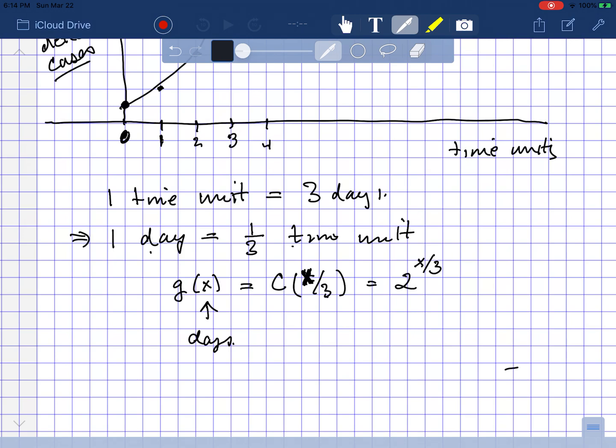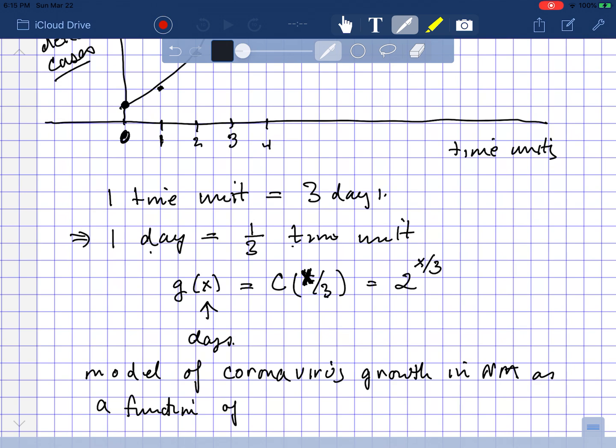So this is the model of coronavirus growth in New Mexico as a function of days. So it looks like g of x is equal to 2 to the x divided by 3,